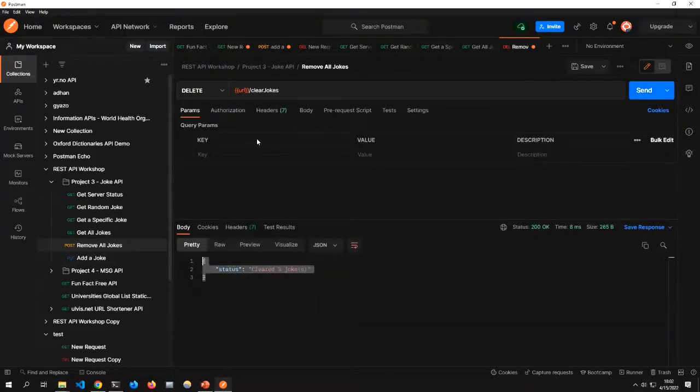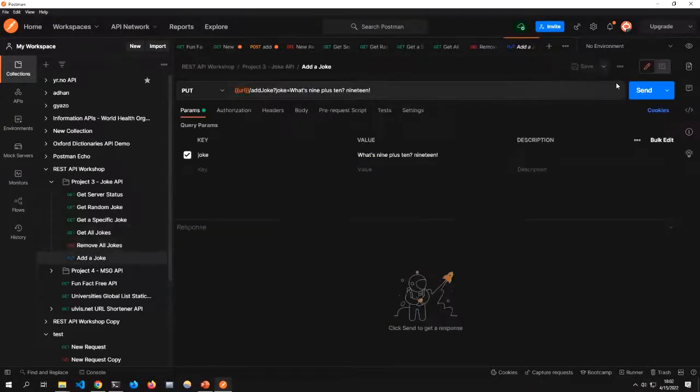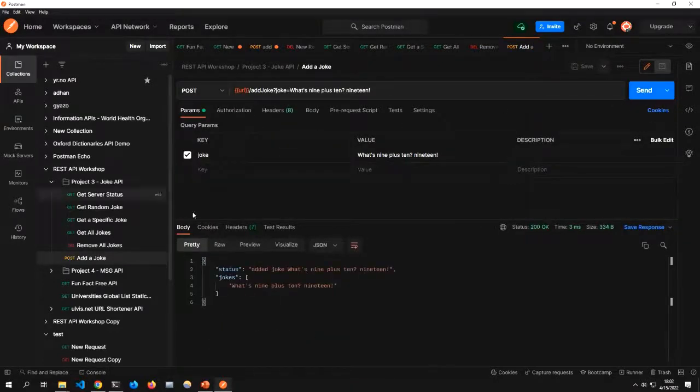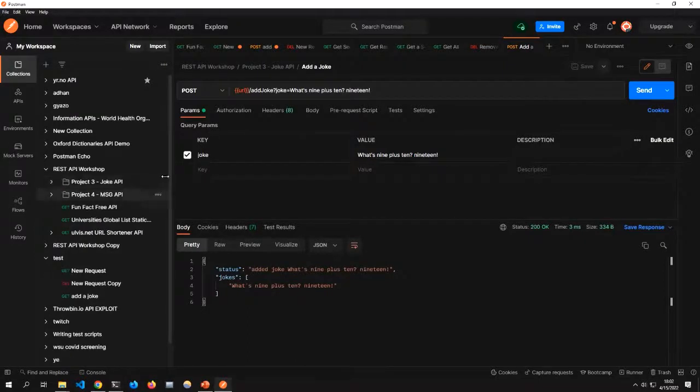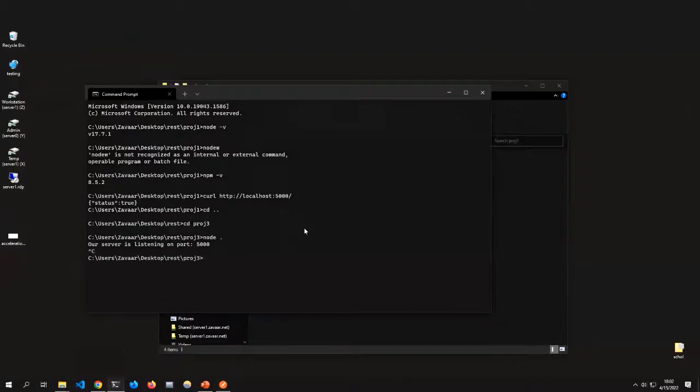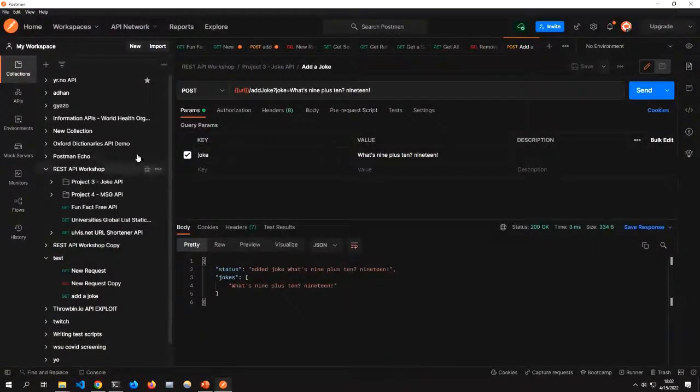But I'd clear all jokes, and you can add a joke too. This wouldn't work either because I made it post, but it would add the joke. Those routes will work consistently. The only reason that didn't work for a sec is because I accidentally changed them when I was adding them. If you were to use the code from the GitHub, this would work perfectly. So let's go on to the next